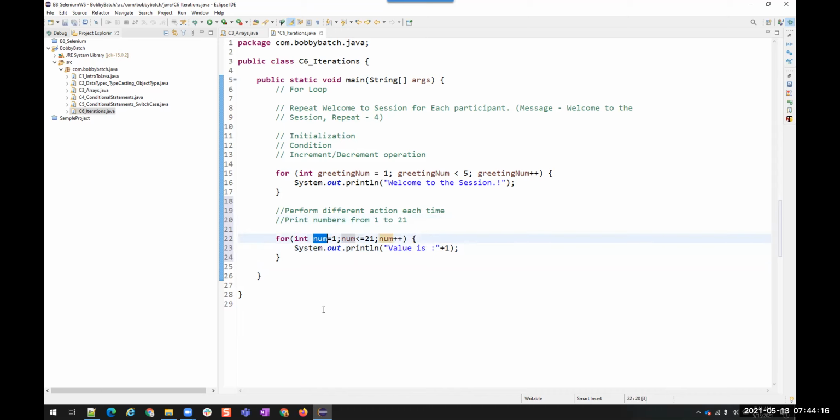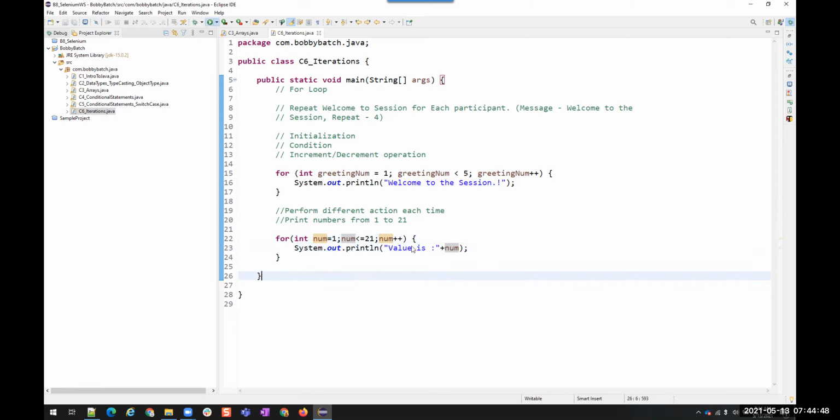Inside the num variable only, right? For each iteration, we are changing the value of the num variable. So if the num variable is changing per iteration, can I use this num variable? We can. So I'll use that num variable. That's all, because this is the place where I have numbers from 1 to 21 for each iteration.